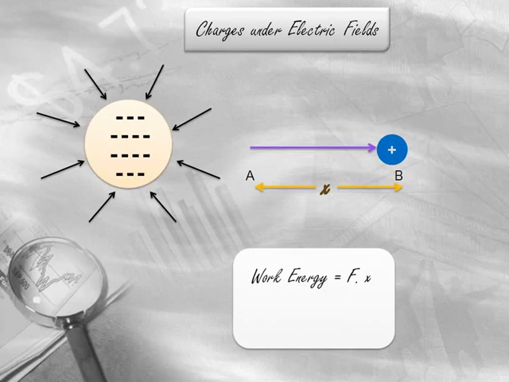So what happened to all this energy we gave this positive charge? It couldn't just disappear, could it? The law of conservation of energy says energy can neither be created nor destroyed. It transforms from one form to another. That energy we expended is transformed into potential energy. So the potential energy of the positive charge at point B is higher than at point A. This is called the electric potential, which is the work done to move a charge from a lower potential to